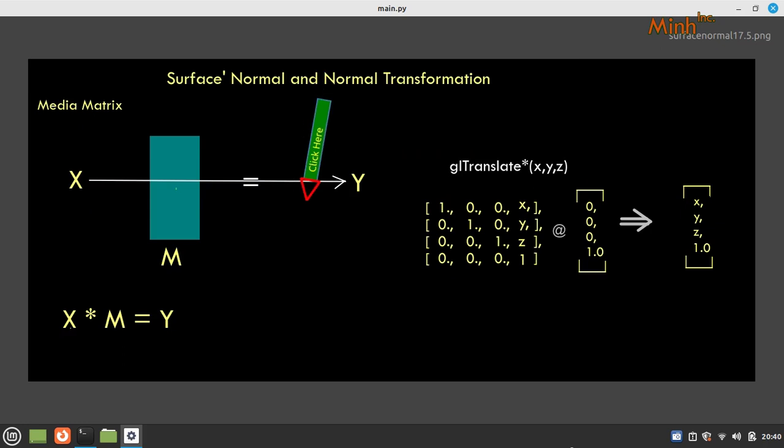Okay, let's try. Means I am translating. If I am translating x, y and z, all three, and I have input as 0, 0, 0, so the point is at the origin. If it is at the origin and I am translating x, y, z in three directions, then the new point is x, y, z. Can we see? It's simple multiplication. If two matrices are multiplied, it is x, y, z. So new point. So what I want to say is,